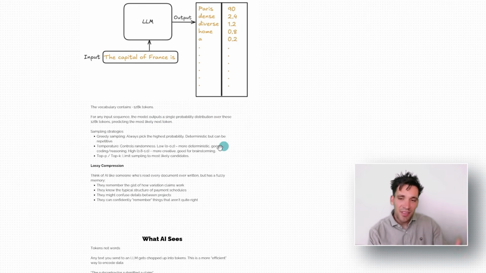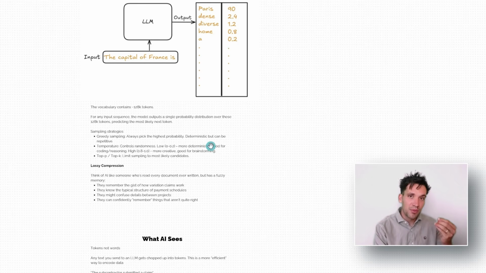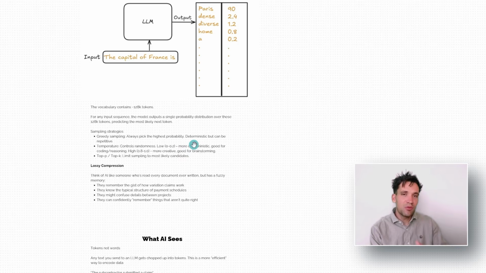You can actually play with how random the model is. There's a coefficient for this. You can't do this in the web interface of ChatGPT, but I'm going to show you in a second that you can do it on the platform side of OpenAI. This is referred to as the temperature setting. A low temperature makes the model much more deterministic, which is good for coding and reasoning, while a high temperature is more random and creative,